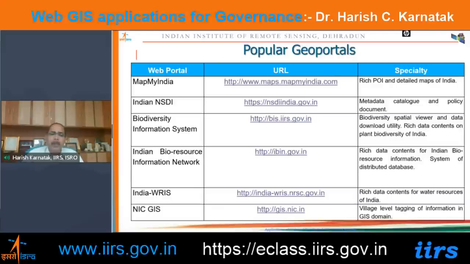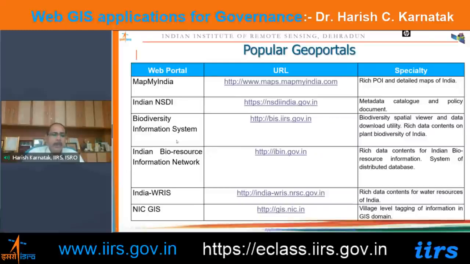So, for example, if you are looking for geological maps of India, you can search using different metadata, and it will redirect you to the server of GSI, where you can download or access this map. Similarly, for satellite imagery, it will redirect you to the server of ISRO. Similarly, for infrastructure and base layers, it will redirect you to the Survey of India servers. Like that, it is an integration of different mapping services or mapping data for the users,